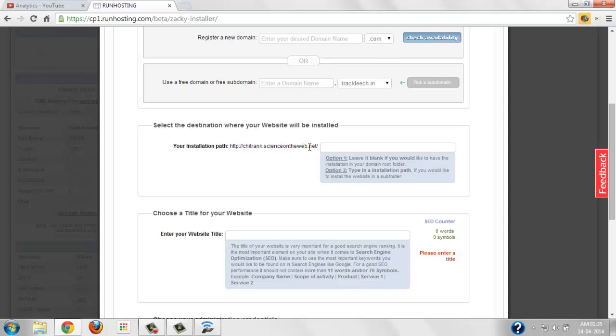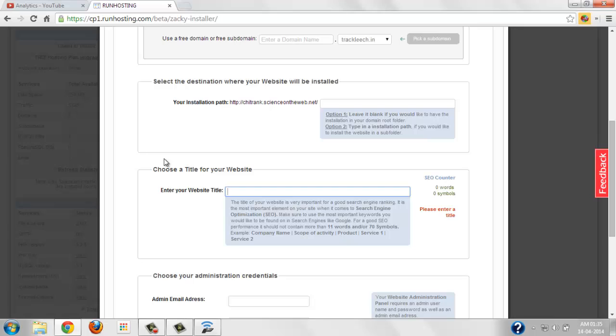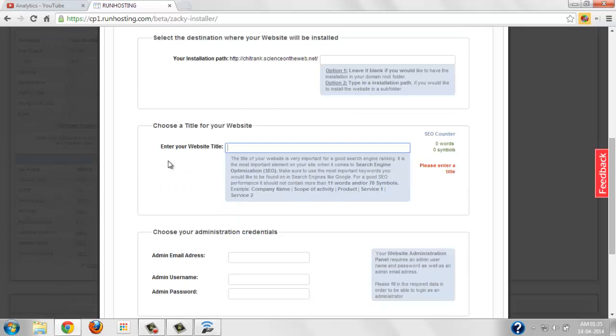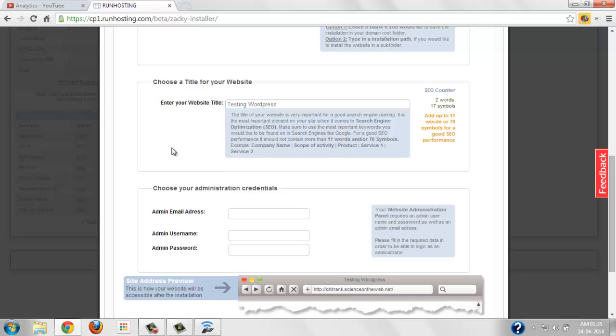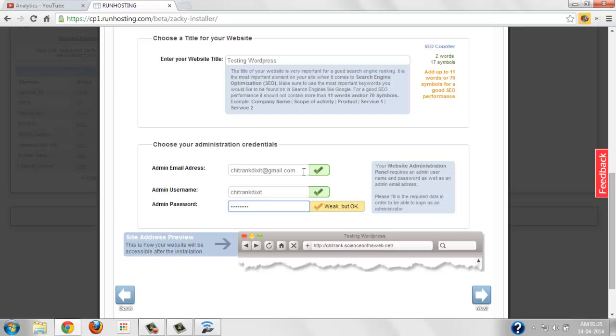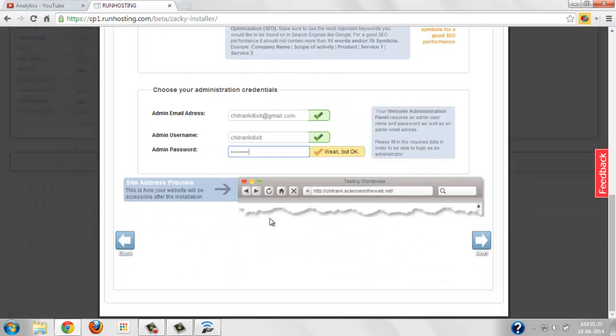Now I can select my own installation path, but I am leaving it blank, so it would install all my WordPress files under this chitrank.scienceontheweb.net. I can have the title of my website as testing WordPress, and admin email address as my own. Admin username and admin password. Now as I have filled up all the details, I would just need to click next,